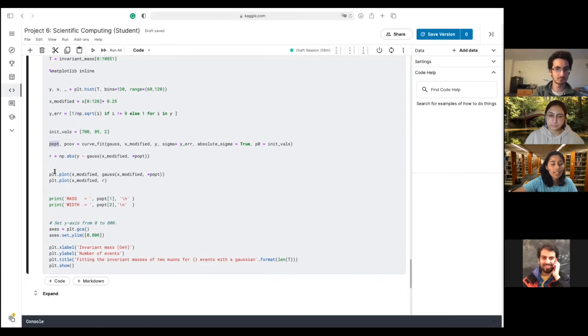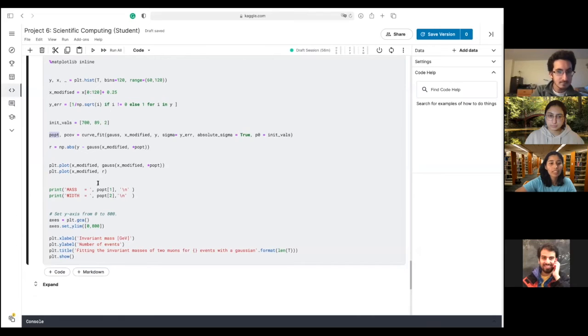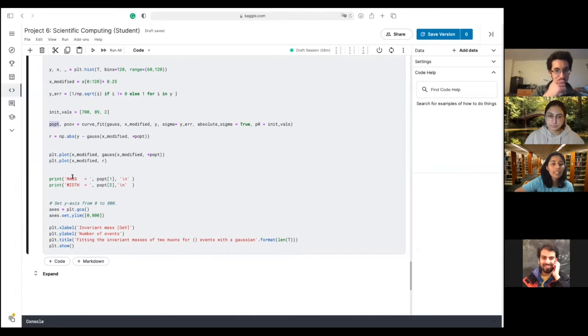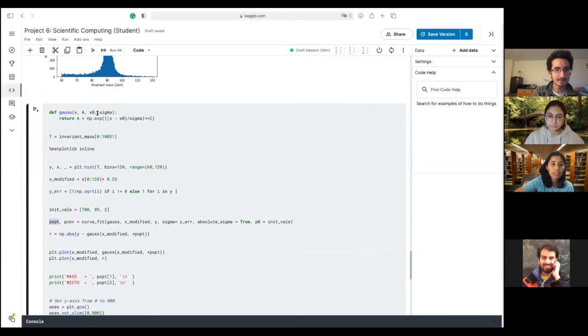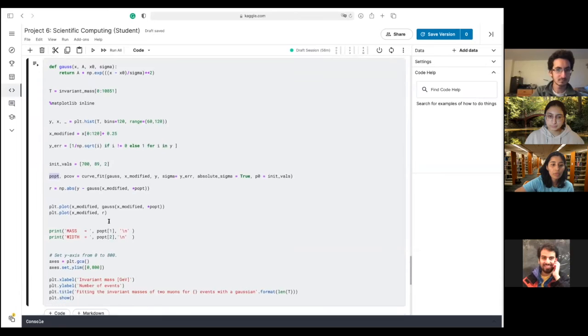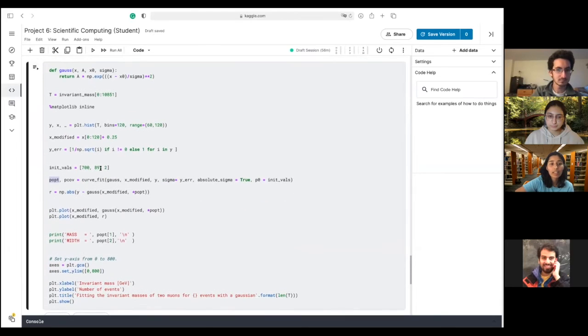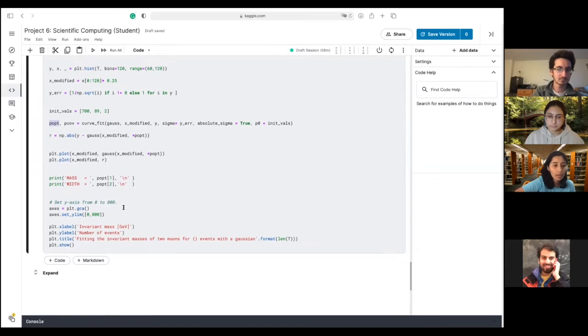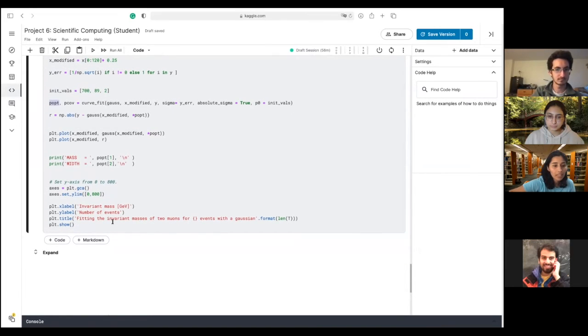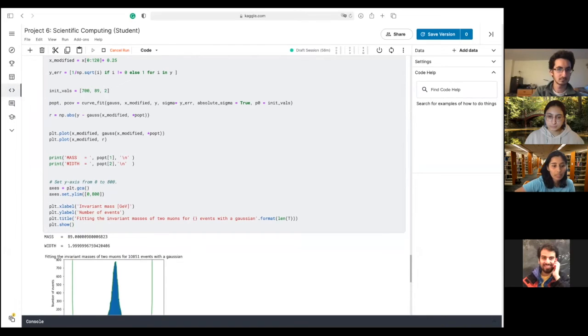Okay. And then after that, we plot our model, and then we also plot the residues on top of the histogram to see. And then we print the mass. Since the second term here is x0, x0 is probably the mass, and then sigma is the last term, which is probably the width of this Gaussian. So if we run this, let's see what it's